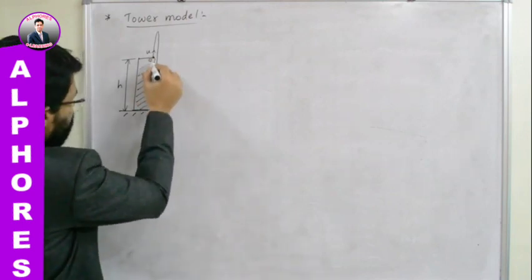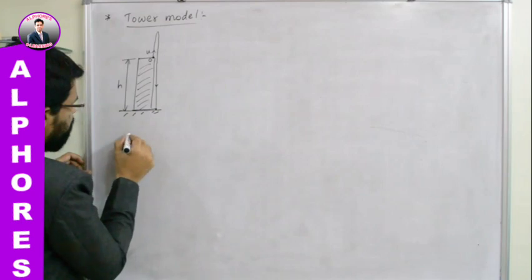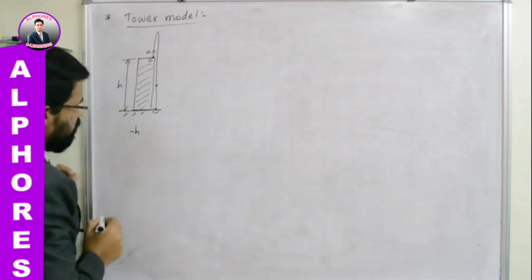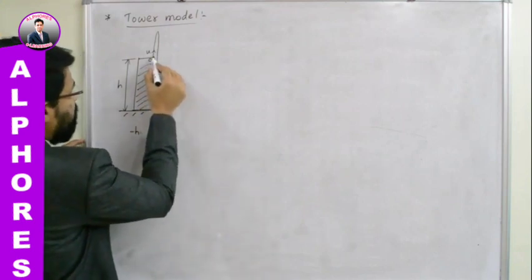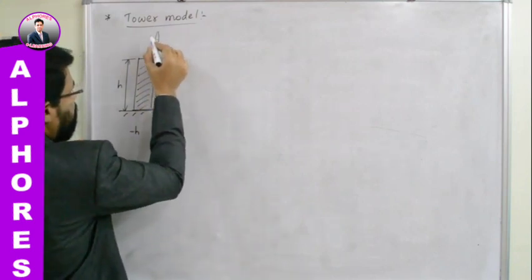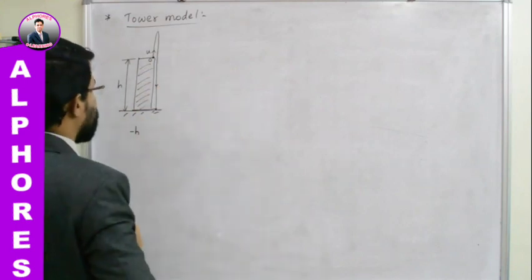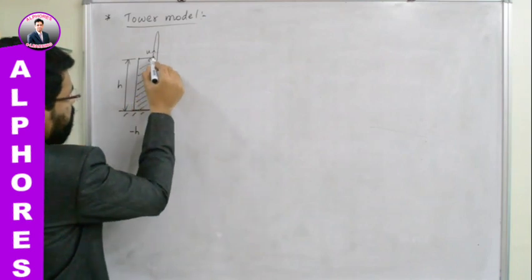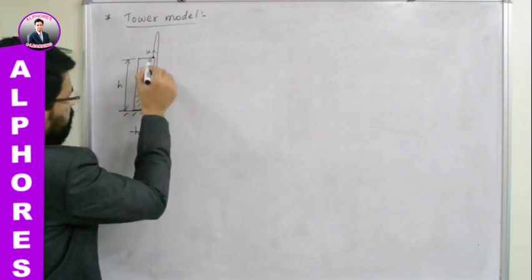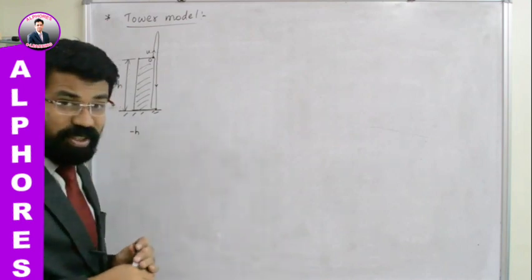Okay, so now what is the displacement? And displacement you are measuring in the downward direction. So you can take that displacement as minus h. Displacement can be taken as minus h, because I have assumed this as origin and it is projected in the upward direction. So upward direction I am taking as positive, downward direction I am taking as negative corresponding to that origin. And when you measure displacement of the body, this is the initial position, this is the final position. So when you measure from initial to final position, you can take it as minus h.